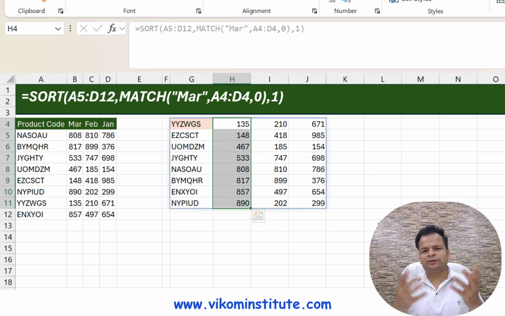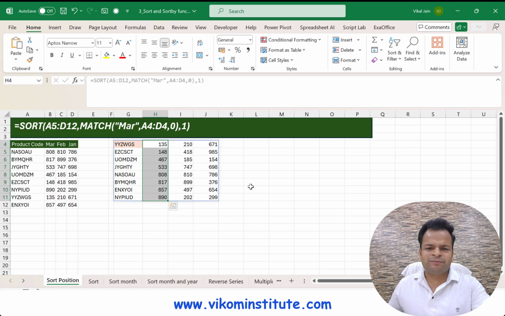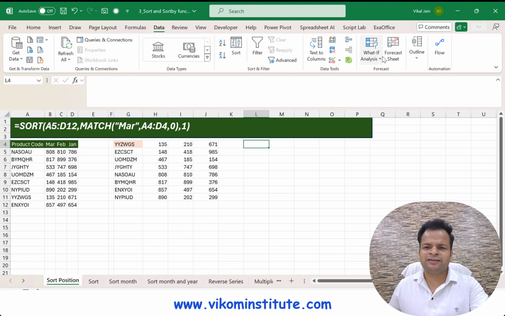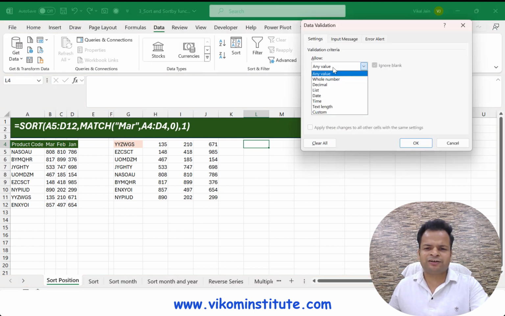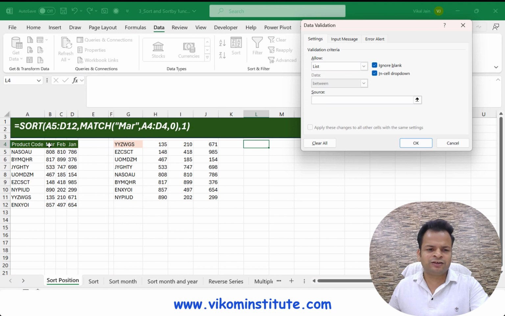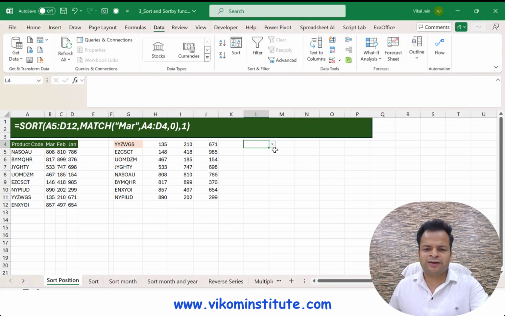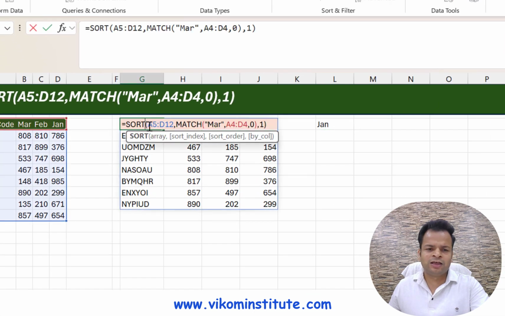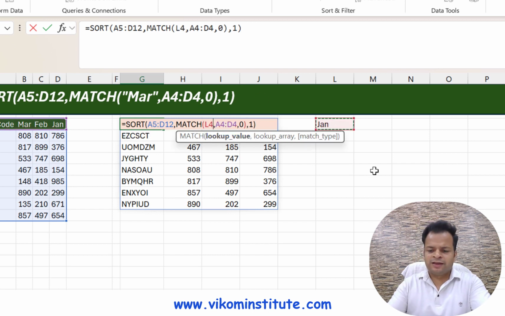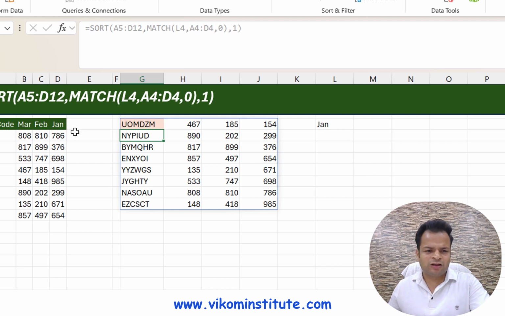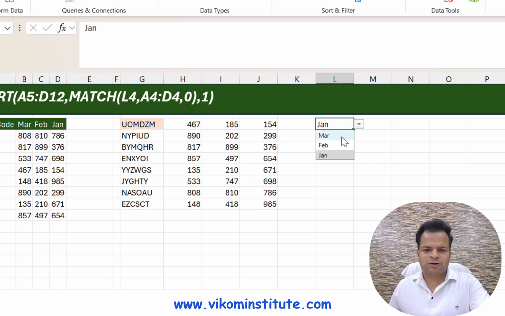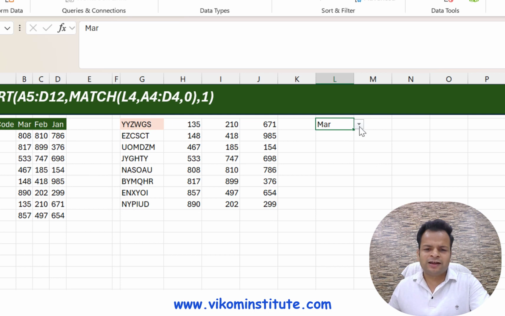Now what you can do, you can build your data validation. Let's say I'm going to build my data validation like this. So here it is, data validation, and I'm generating a list. List is here, source is here. So I'm selecting the source and click OK, and you will see March, February and January. Now January, I'm going to select this January. So instead of this March, I will link this thing to this cell and press enter, and now you will see my January column has been sorted out. If I change my column, let's say to March, the March column is sorting, and if you take February, then the February column would be sorted.